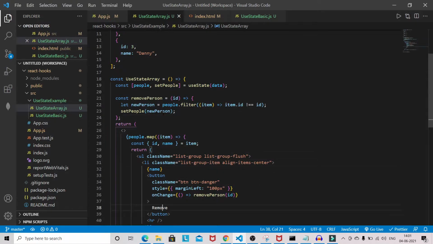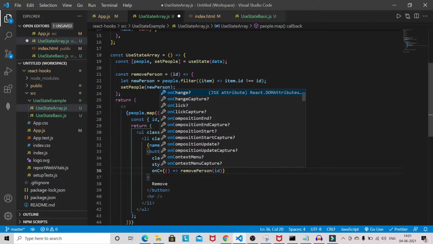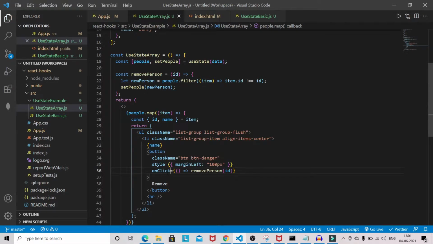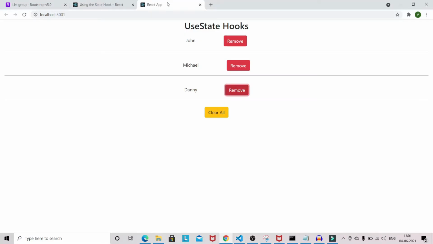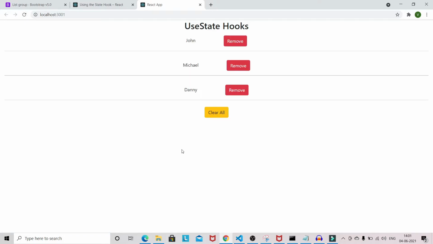This list is not getting updated, so I am passing the id. Sorry, this will be onClick, not onChange. Okay, let's see. Now remove. So we are able to remove the item. And if you refresh, then it will change and get back all your data.